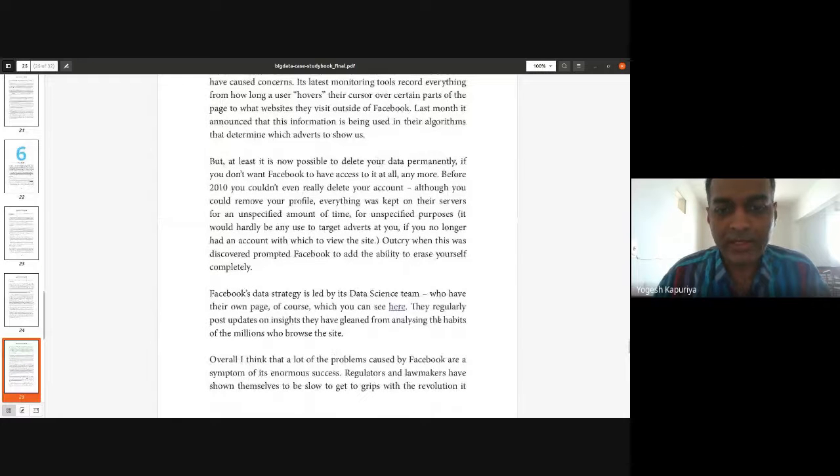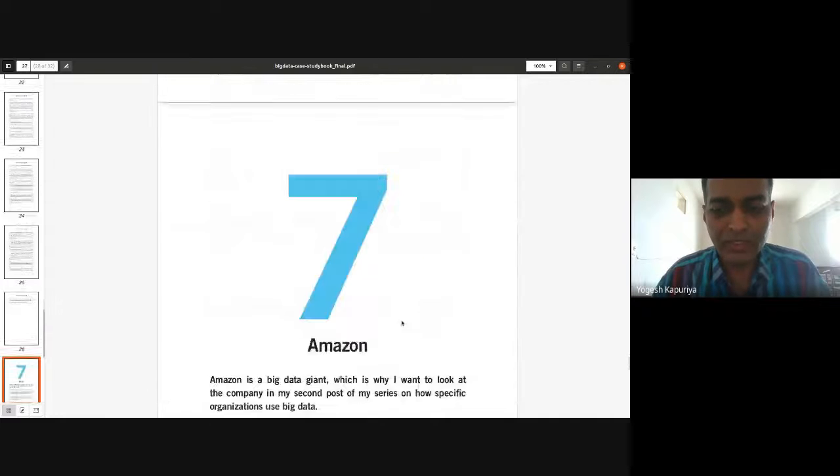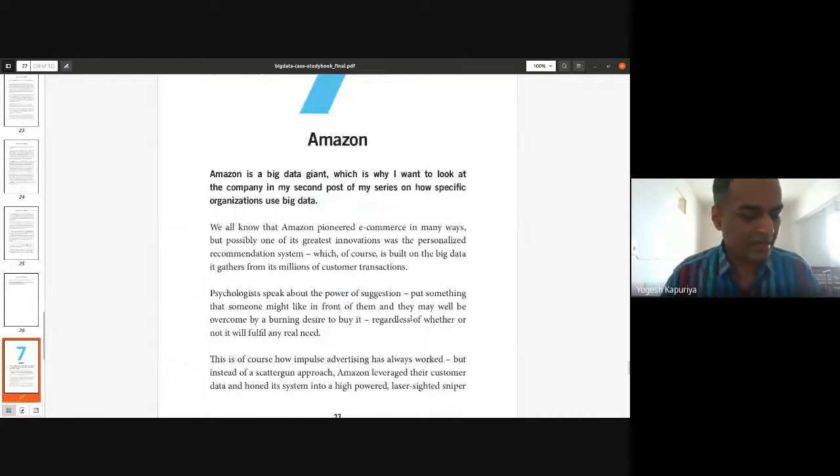Obviously, all these giants, not just Facebook, Twitter, LinkedIn, everyone is following or using lots of big data stuff for their actual product. Last but not the least, and that is Amazon. Those who are aware of it, we know Amazon by amazon.com, that is to buy or purchase something on an online platform.